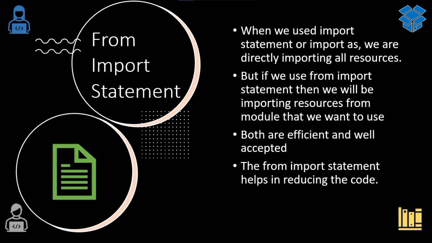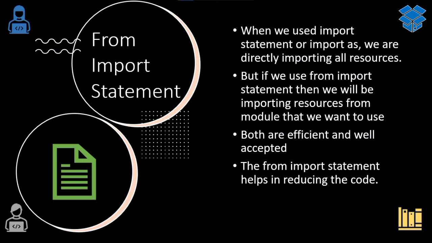For example, I have imported the math module. Now to access the value of pi, I have to use math.pi, which we have seen in the previous video as well. But if you already know that we are going to use only specific attributes and functions, then we can use the from import statement. It will import only the things that we specify. Other than that, nothing will be imported. When we import this way, we can directly use that attribute, function or variable. There will be no need of the dot operator.